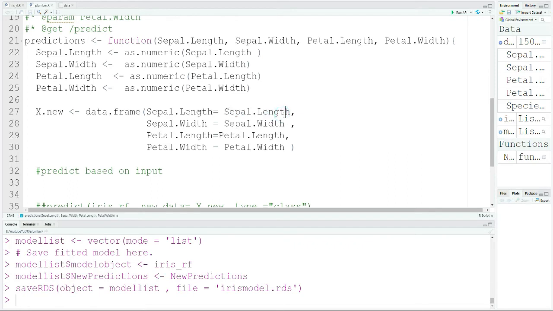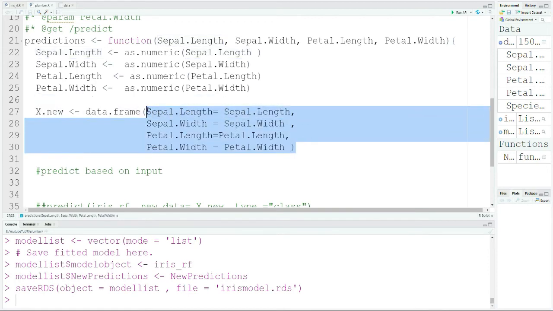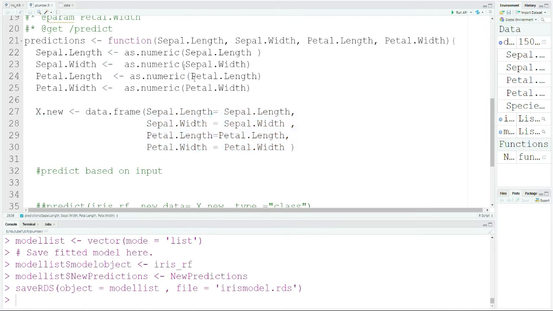Sometimes it may give you an error that the original variable contains 200 rows and something like that. So these are things which you may encounter. To avoid them, you need to provide the column name again here in the Plumber API and say that sepal.length equals whatever the user has provided. So this has to be written like this, and I have created an x.new data frame.